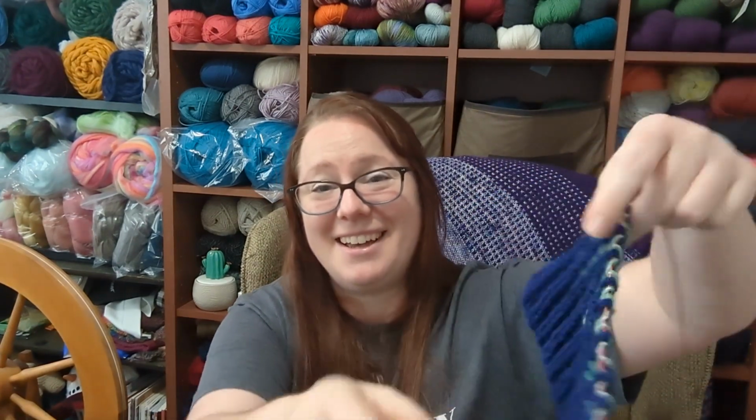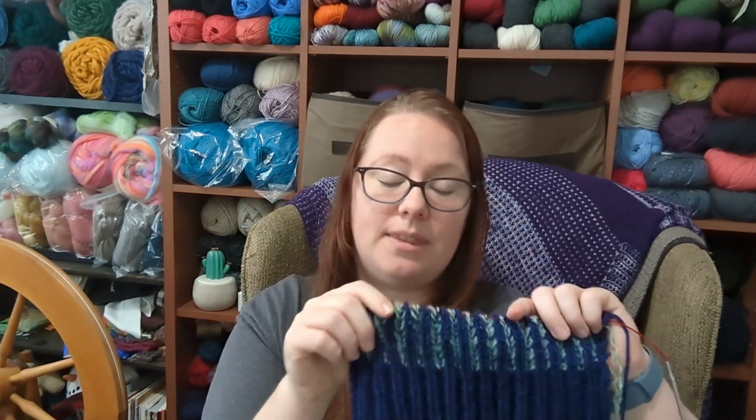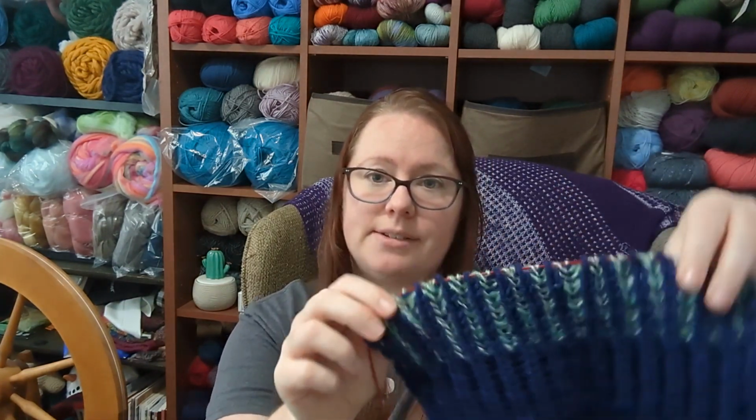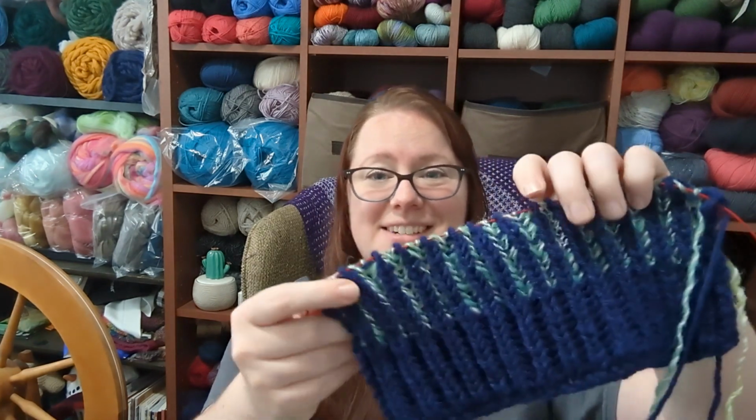So I'm calling this my Seattle Spirit scarf or cowl, whatever it turns out to be, because I'm pretty much using their colors. So the plan is to knit this as a big long rectangle, and then sew the two ends together, and then make a cowl I can wrap around a bunch of times. And if I don't feel like sewing the two ends together for whatever reason, then I will leave it as just this big scarf. I like the brioche because it is a nice reversible fabric, and on a cowl or a scarf I don't want to have to deal with right side, wrong side, and hiding floats or things like that. And it just gives some intrigue,